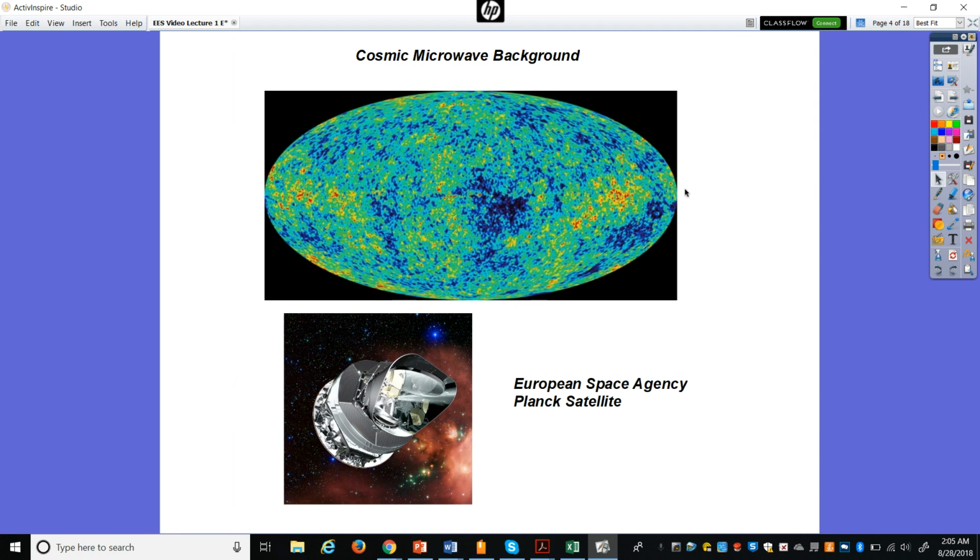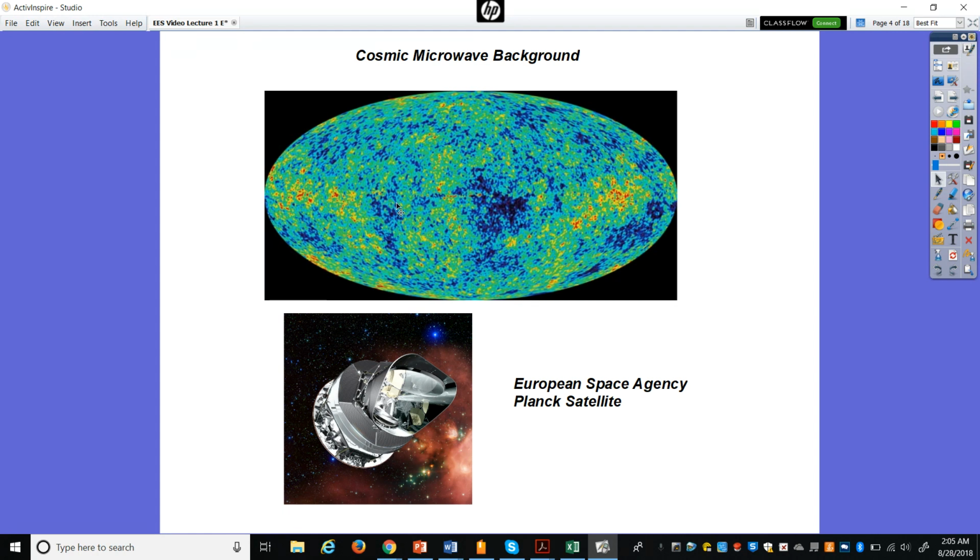I want to talk a little bit about this cosmic microwave background radiation. You might ask, how do we know that? Because this is really a picture of our universe and how we have figured some of these things out. We have instruments and telescopes that can take pictures in different parts of the light spectrum, whether it's visible light or microwave or infrared. This is a microwave photograph.